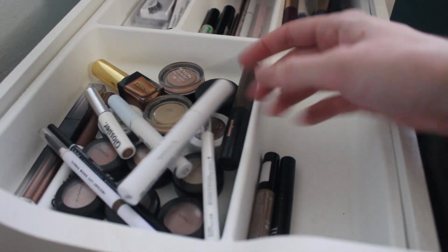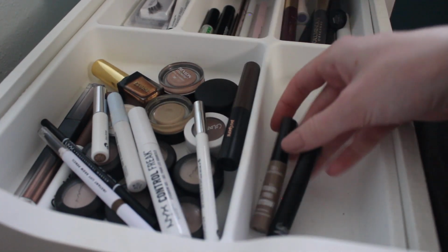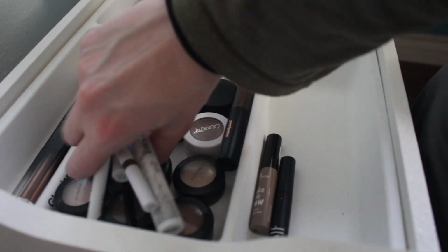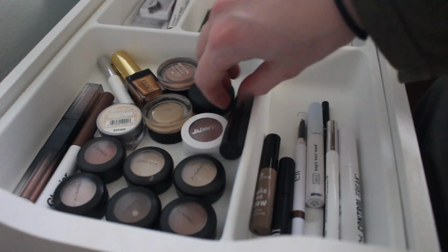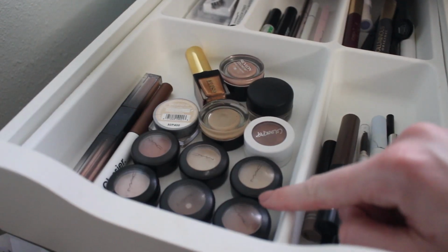I love this. I also have an e.l.f. Wow Brow, as well as an Essence Gimme Brow. Or sorry, the Essence one is the Make Me Brow, but it's the dupe for the Benefit Gimme Brow. So that is those. Up here I have